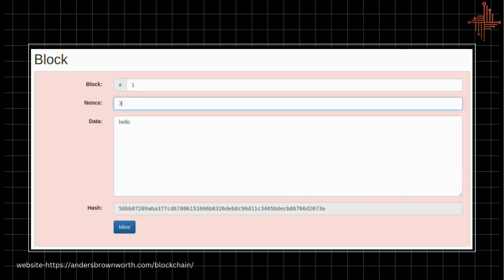As you can see, when we click on the mine button, our hash is calculated and the block is validated. But the difficulty target is just 4, which is pretty easy. So it took this much amount of time. But if we keep it as 8 or 10, this is just for example's sake, then it will take a lot of time to find the perfect nonce. If we set the difficulty target to 8, let's say, then it will be out of my computer's range to find the perfect nonce.